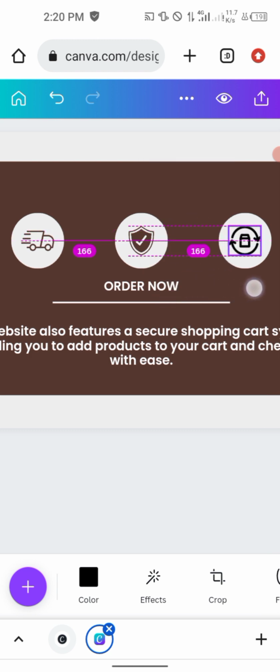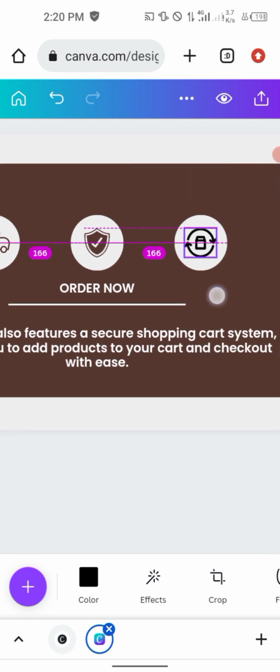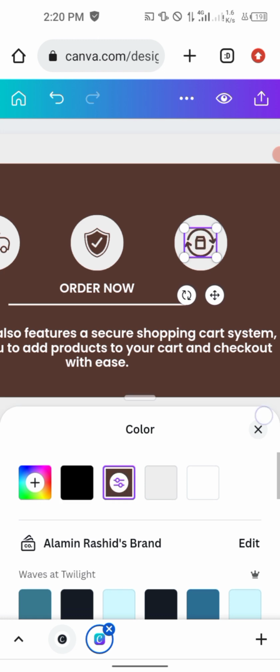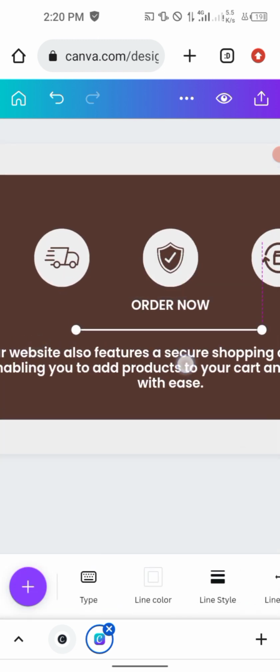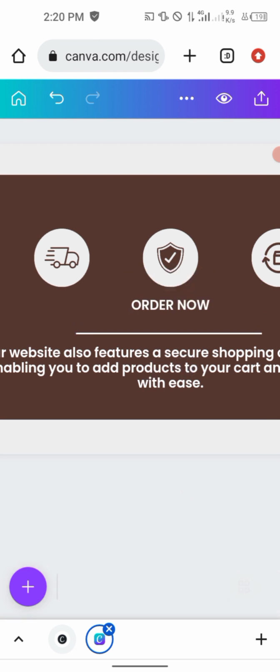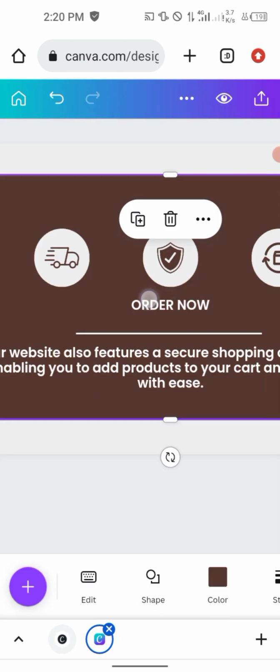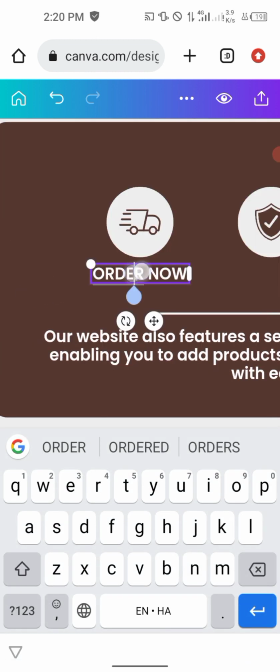Yes, and then input it in this particular place, and make sure you align it very clearly, middle and center of this particular text box. Okay, and then head over to color, change the color of it also to this color, and then let me just take the line a little bit down. If you can see on the website, I input warranty, delivery, return. So I'll just input that particular text in this particular place. So I can input